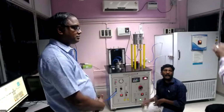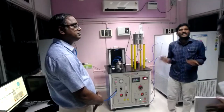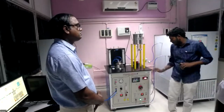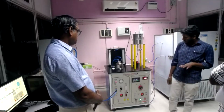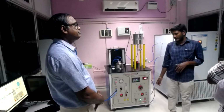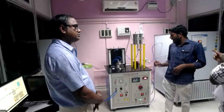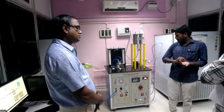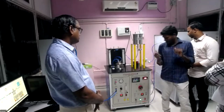I will get what level is there. It can be 40, but we don't want it. The maximum is 40, but we are giving 20 kilovolts. And here, when we are giving